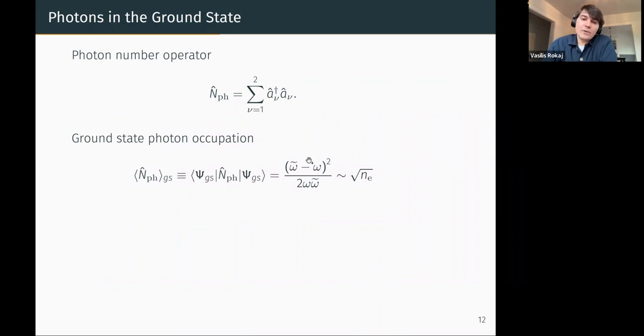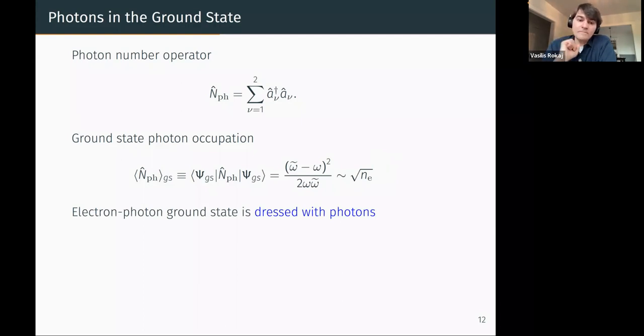So what I mean by that is that we now compute the photon occupation in this ground state. What we found, because of this renormalization of the cavity field, is that there is actually a non-zero photon population, which depends on the particle number or on the electron density. As you can see here, I have a proportionality to the density. So this means that this electron-photon ground state, which is dressed with photons, does not have an infinite photon population, but the amount of photons is finite. It doesn't grow with the particle number, but it grows with the density,